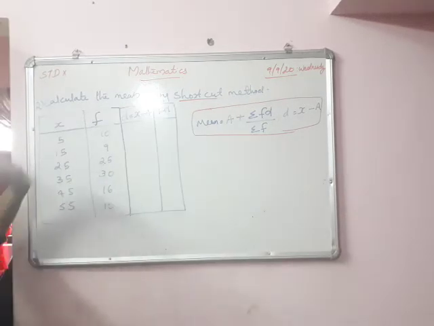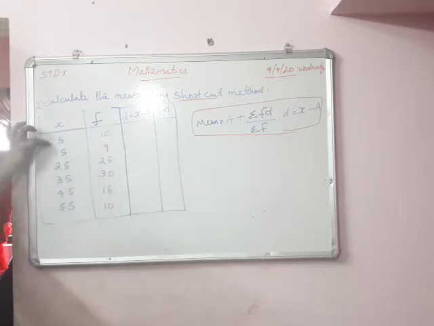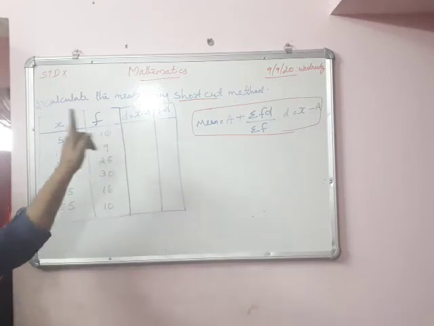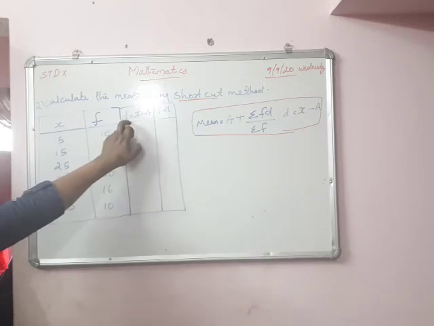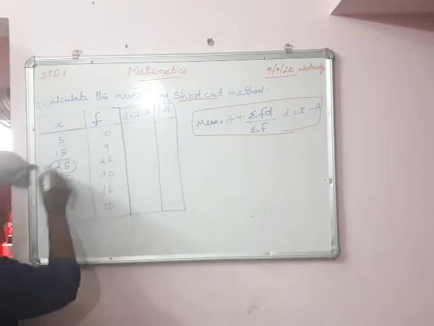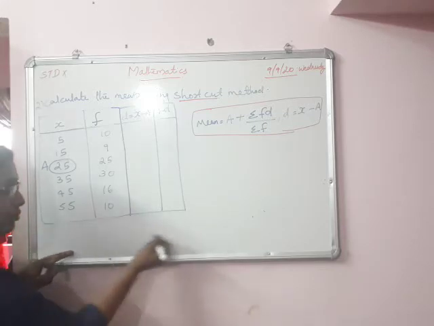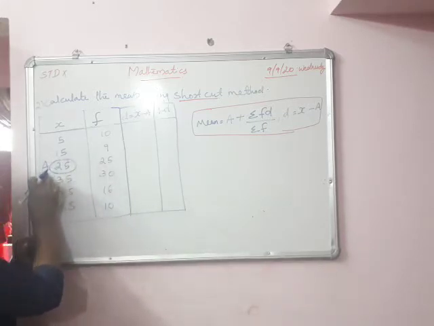Then this is the question. X, F. Okay, from the question, X means the mid value or midpoint of the class interval. Then F is the given frequency. Here using the shortcut method, you are going to find D, X minus A. Here I assume 25 is the assumed mean, that is A. You may write that in the exam also. You need not write assumed mean separately; just give it a round and write A.